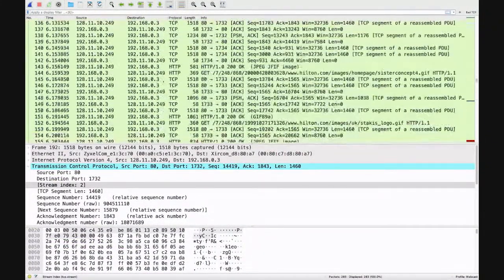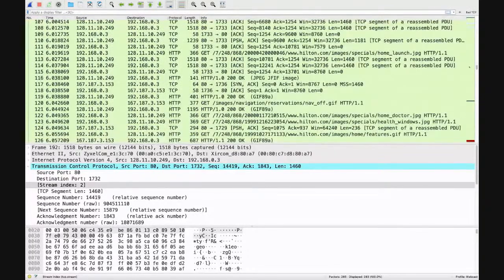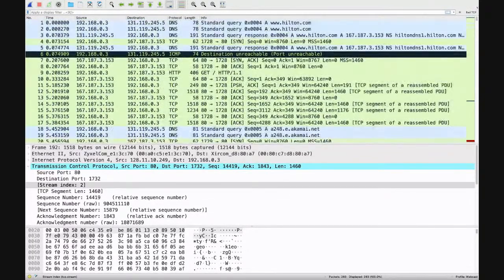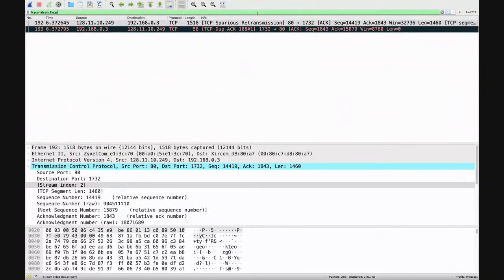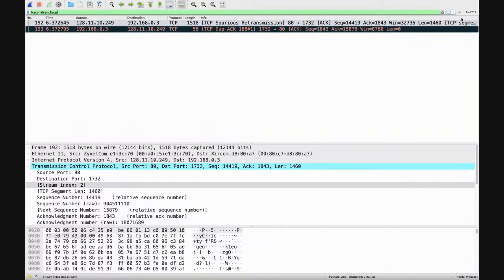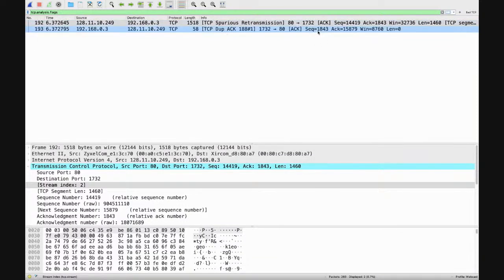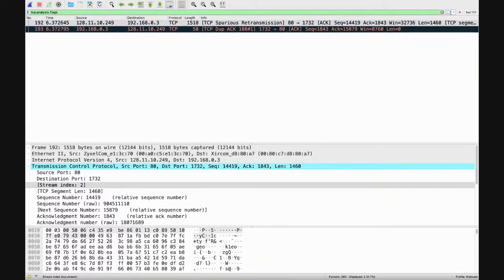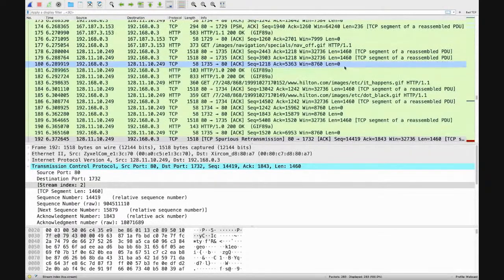So in this case, what I'm going to do is I'm going to come in here. I'm going to hit bad TCP. We see this spurious retransmission. This can be caused at the beginning of the trace by seeing packets that we really didn't see the initial packet, etc. Here we see a duplicate ACK, and we can get into that later if we have time. But for the most part, I'm not seeing a lot of retransmissions. So what I'm going to do is unload that filter.